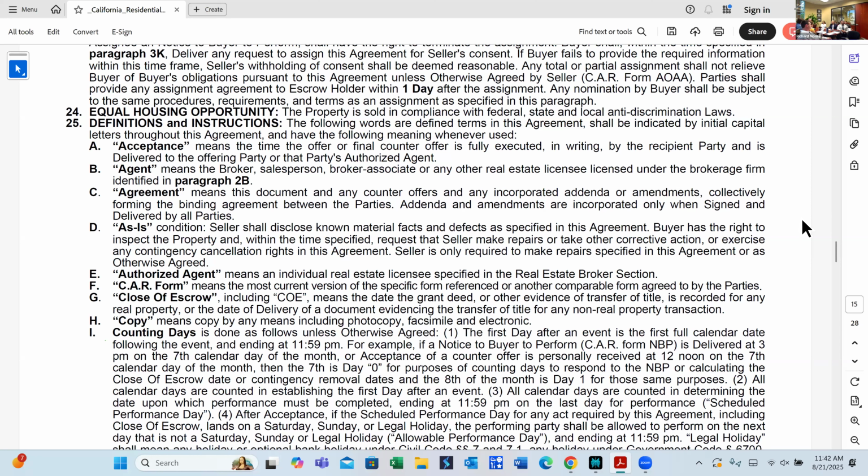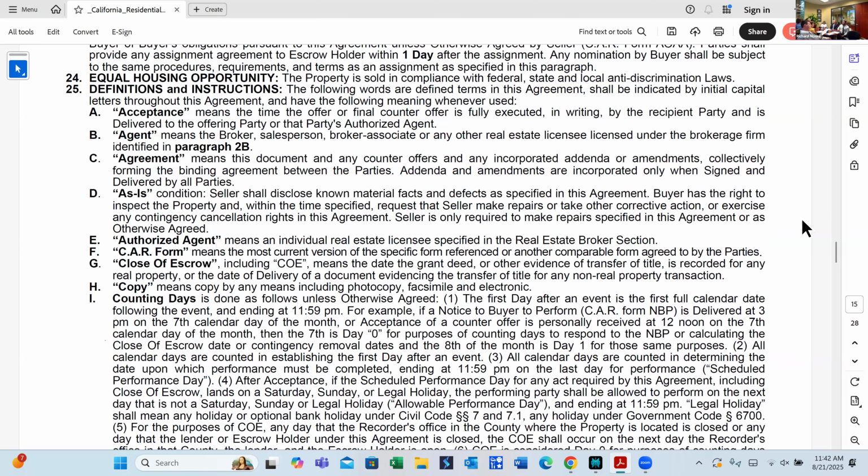Once you've got it under contract, the buyer's in control of that property. Even if it's as is and you do an inspection and you see there's a bunch of things wrong with the property, the buyer can still cancel. Please, you can ask for it. And then if I'm going to negotiate really hard for my buyer,